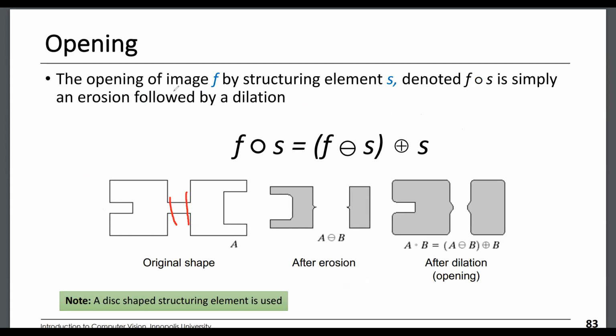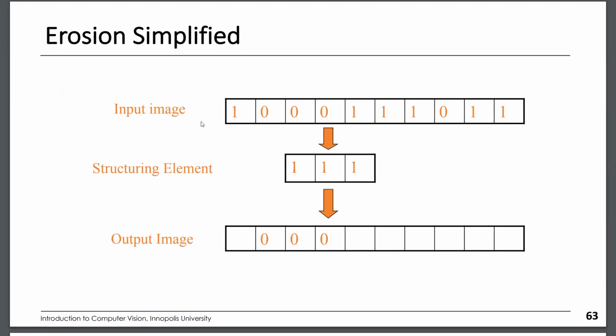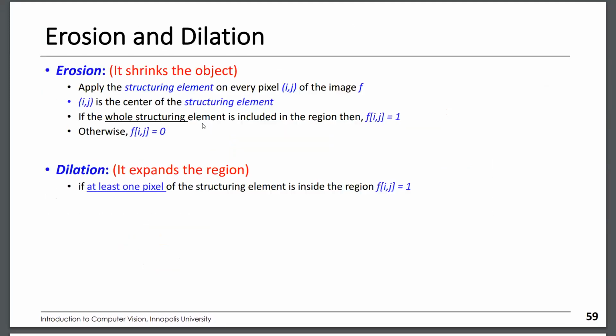The opening of image F by structuring element S, denoted F of S, is simply an erosion followed by a dilation. How can we remember which one